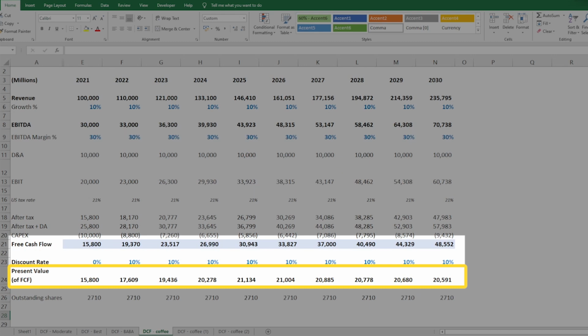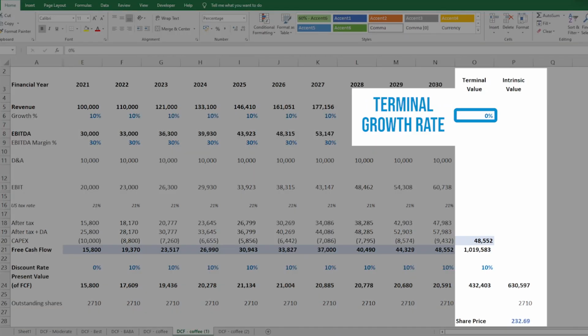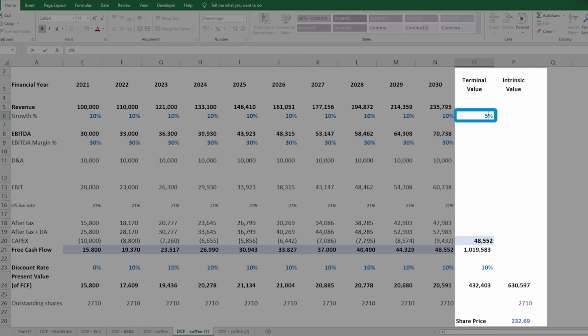However, you still need to factor in the future cash flow component beyond your years of projection. Why? Because your business will still run after year 2030. How do you incorporate the future profit into the business valuation? There are essentially two methods. The first method is what we call the perpetual growth method. In this method, you assume that the business will run on forever and ever. So first, you assume a conservative growth rate that the company will grow on forever and ever. Say in this case here, 5%.